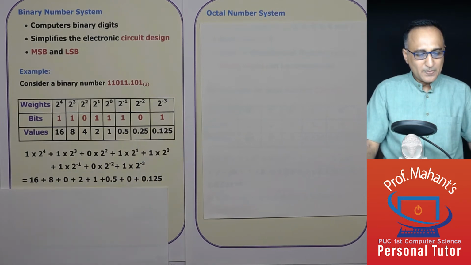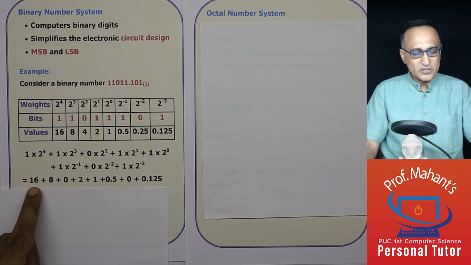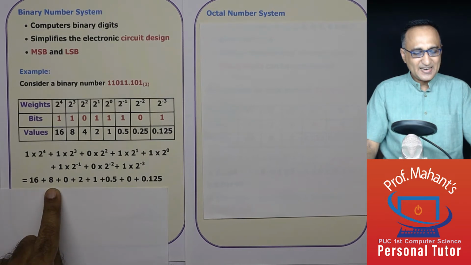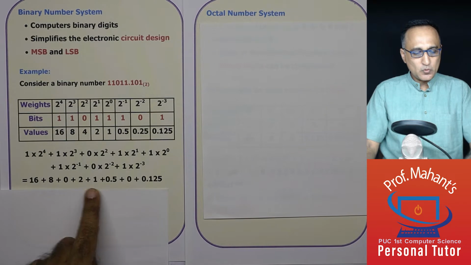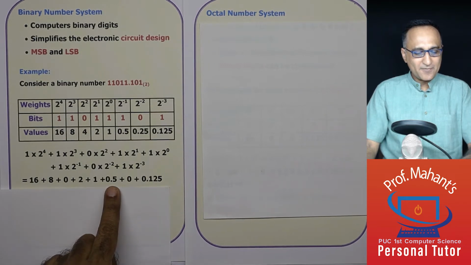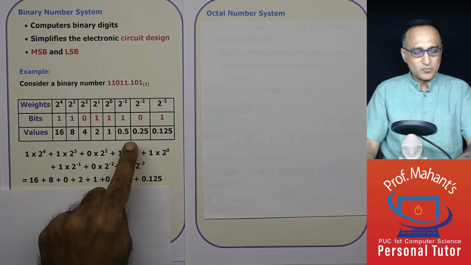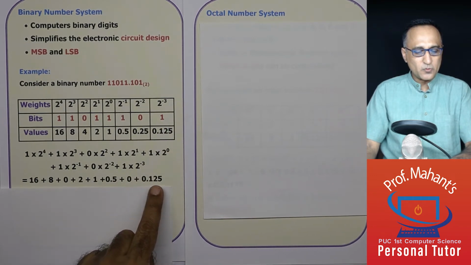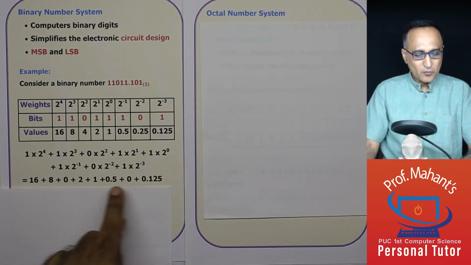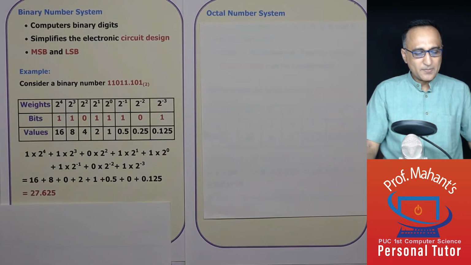When we multiply, you will see that 1 into 2 raised to 4 is 16, then 8, then 0, 2, 1, 0.5, 0 into 0.25 is 0, and 1 into 0.125 is 0.125. Now if you add all of this,